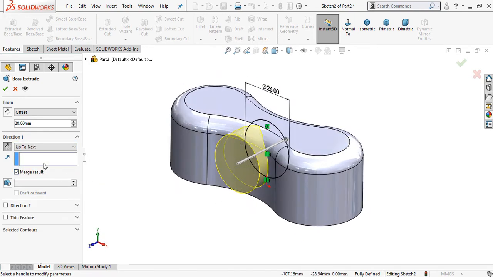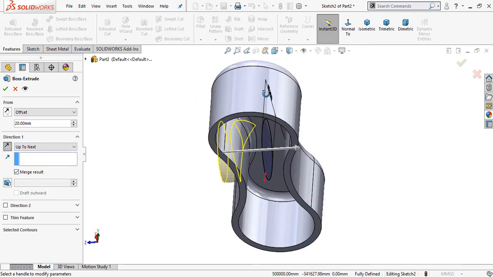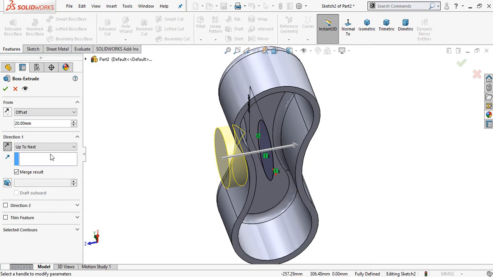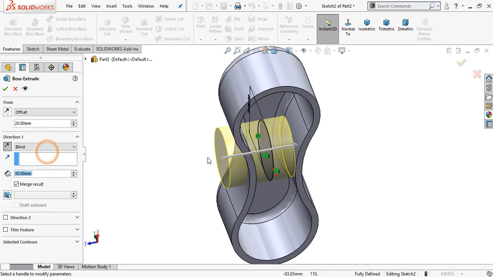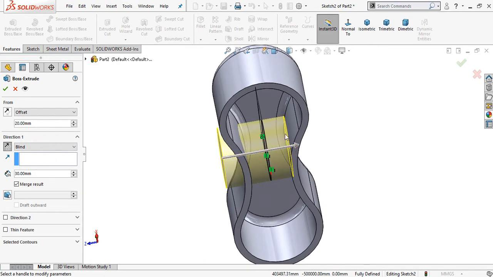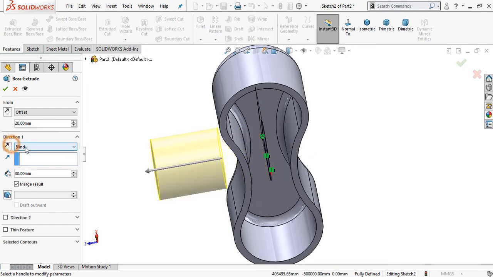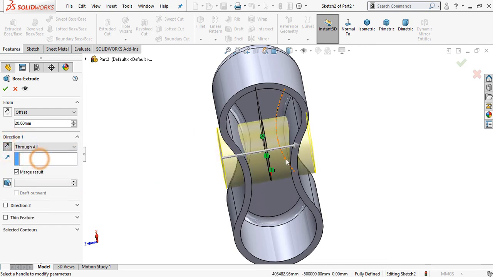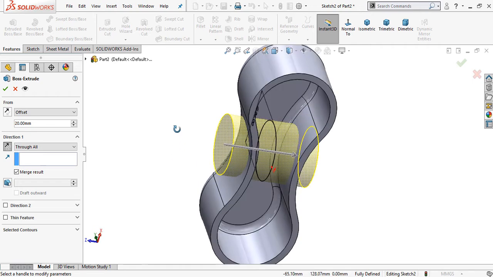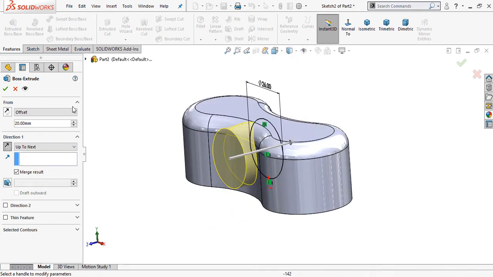Now see, this part is going to be extruded up to this body, not through all body. If you select blind, this will not go up to this body. If you select through all, so we don't need to create this, we only need to select up to next.